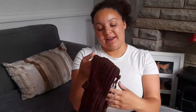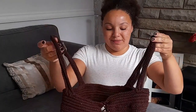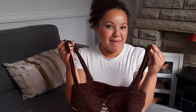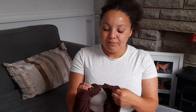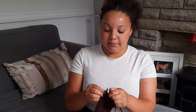Okay, so the next one is one that I saw on Pinterest, and I'm pretty sure most of us have seen this one, but I just fell in love with it when I saw it. It's this kind of, not corset, but little, I don't know, I'm not sure what you're supposed to call this, like a corset belt suspender thing. And for those of you that have seen it, you probably know exactly which video I'm talking about, but for those of you that haven't, it's just pretty much a